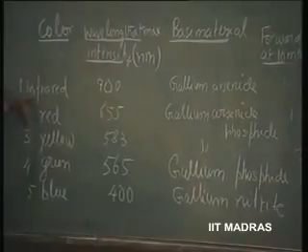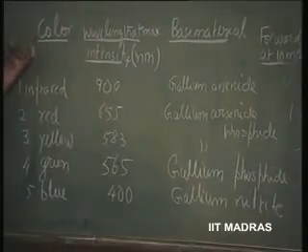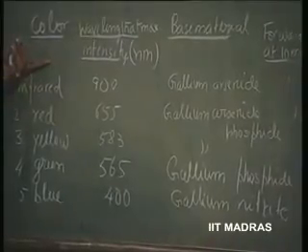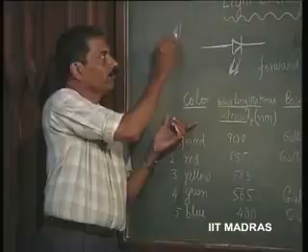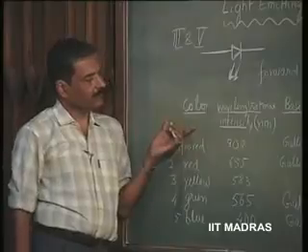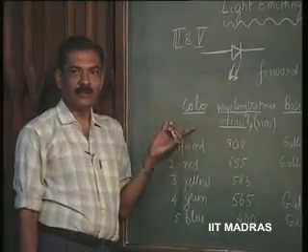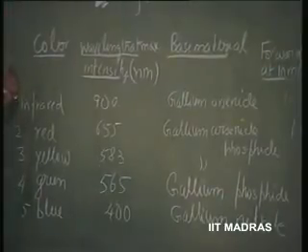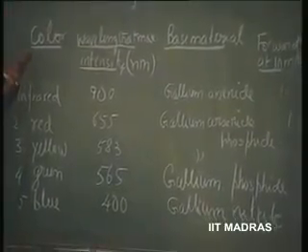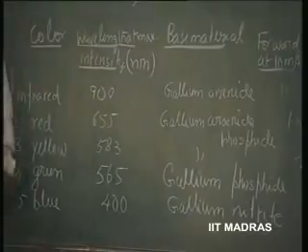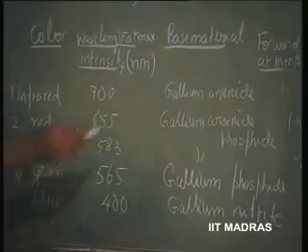This material, when a p-n junction is formed using this 3,5 compound in the periodic table, silicon is group 4, this is 3,5, and when it is combined like this and a p-n junction diode is formed, then that behaves like an LED if sufficient forward current